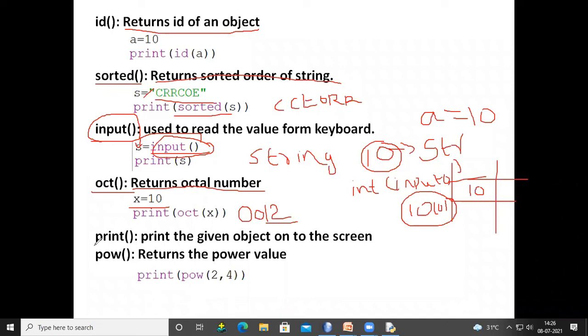Next, the print function. I hope you all know this print function also. It prints the given object onto the screen. So print s, print sorted s, print id of a, print octal of x. All these are print statements. Okay.